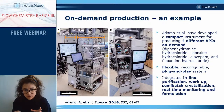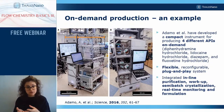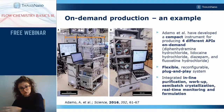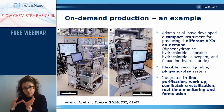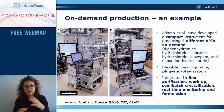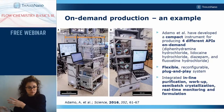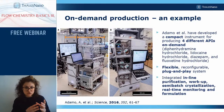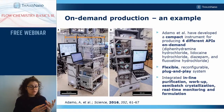So you can see those APIs there. It's a very flexible and reconfigurable system. They have parts dedicated to different types of reactions, different workup methods and purification methods. With this, they can adjust the system for each synthetic process and decide which type of API to synthesize on-site and on-demand. It integrates several types of inline purification methods and workup as well, and a semi-batch crystallization method,